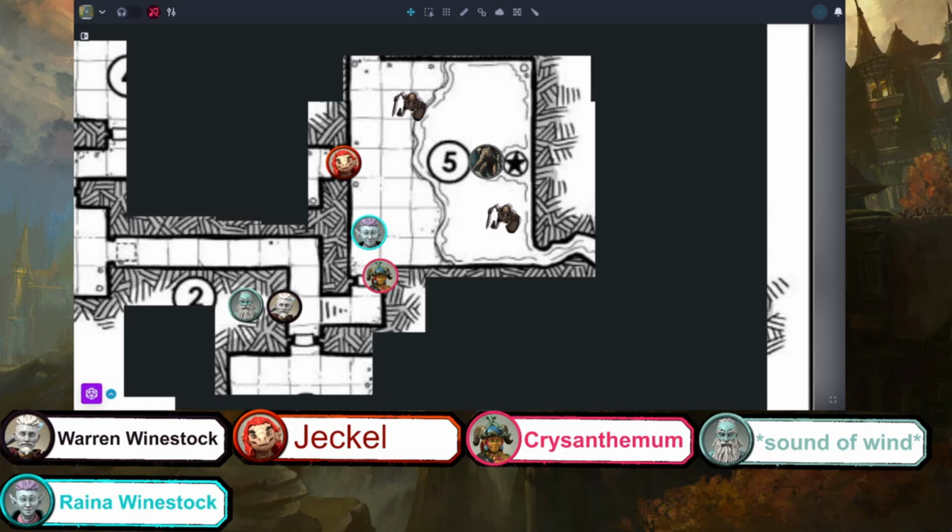I would like to... You get 3 darts, they automatically hit, and you can choose any combination of the 3 targets. Honestly, I kind of want to just focus on the big bad. So 3 darts, all 3 of them hit him. Roll 3d4. The first one is 5. Second one is 4.